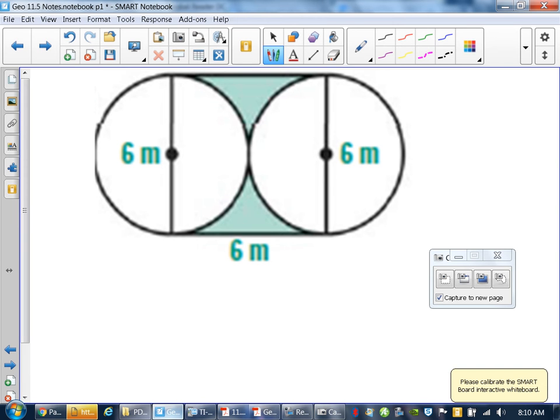This one starts to get a little bit more interesting. So this one's a little weird. Again, we're trying to find the area of the shaded region. Now, if you start to think about it, I'm only really worrying about